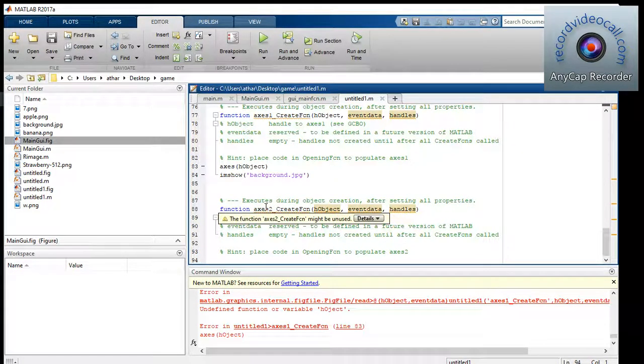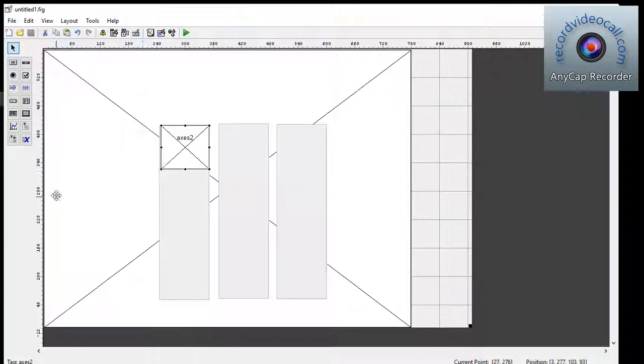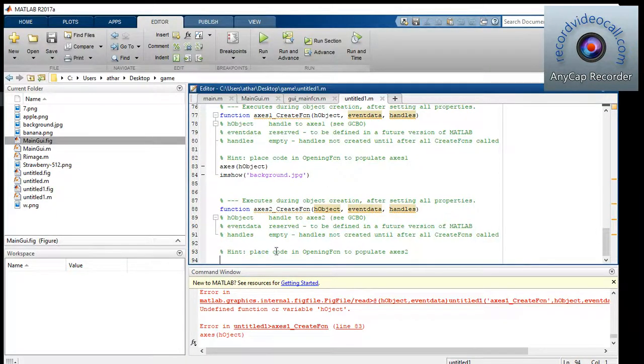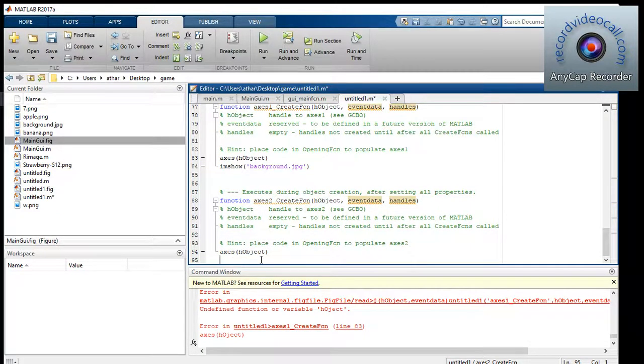So axes2, the name of this box is axes2, so we are here, right? So I will copy this axes just to fit our image within the box, and